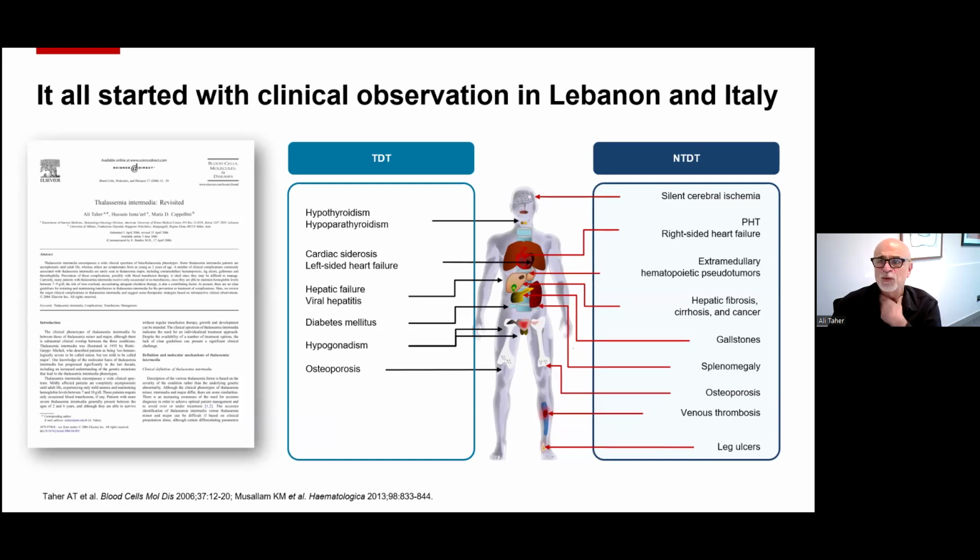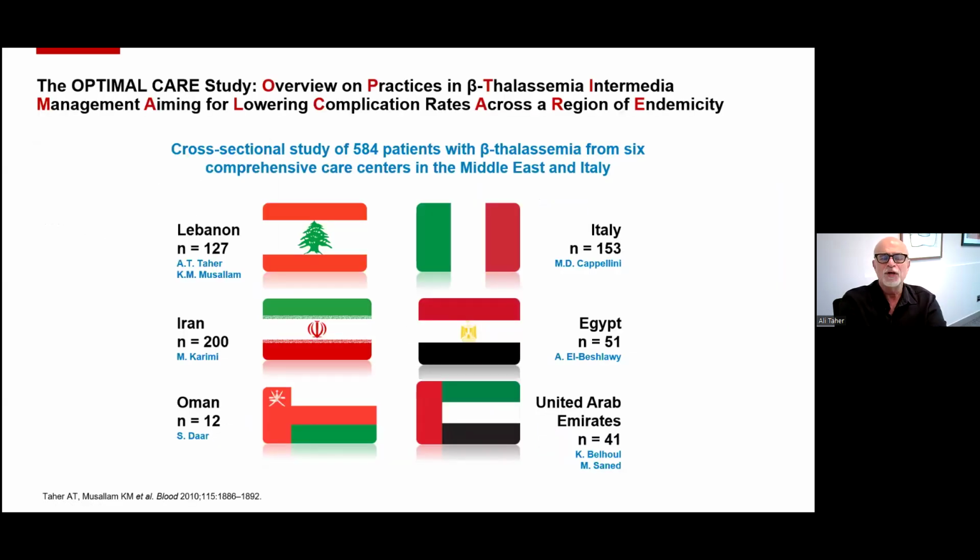But then we thought that we needed stronger data on a large number of patients, where the OPTIMAL CARE study was done, published in Blood 2010, probably among the most read articles on thalassemia intermedia or NTDT, where we looked into around 584 patients with beta thalassemia intermedia from several countries and tried to look, and this is a cross-sectional study, whether these complications are only case reports, or truly, these patients have such morbidities